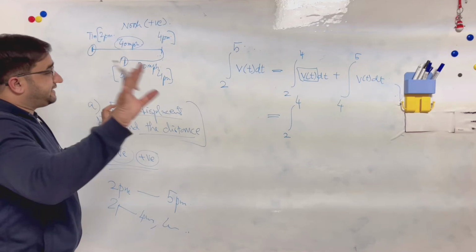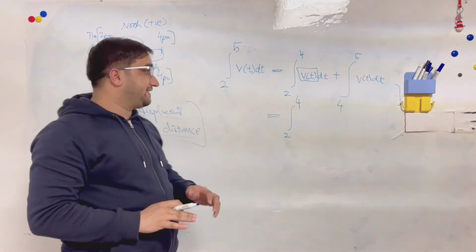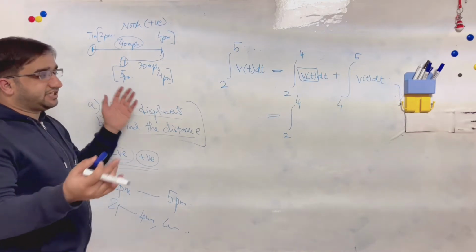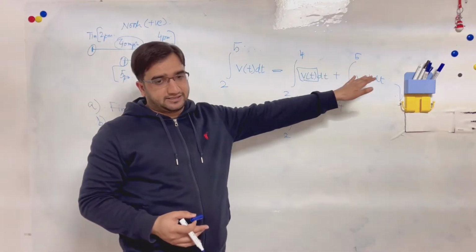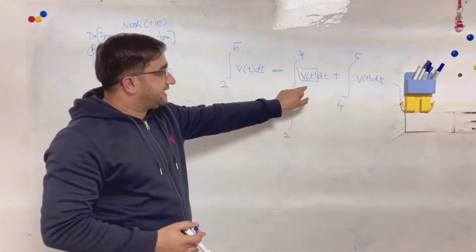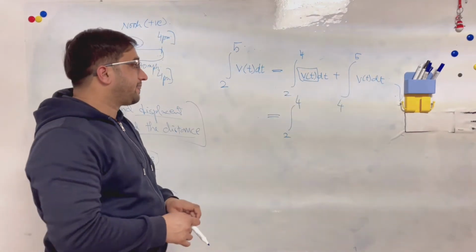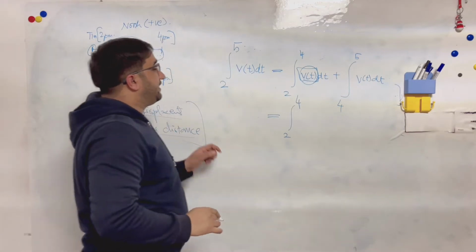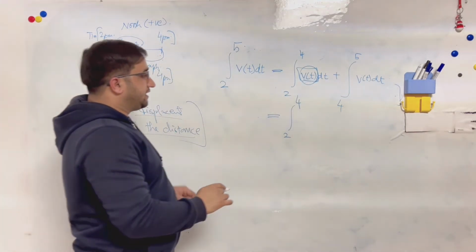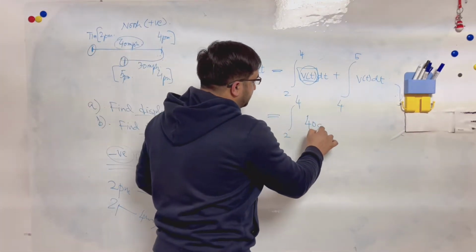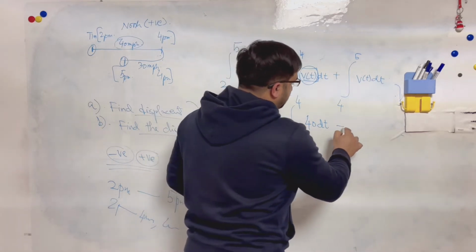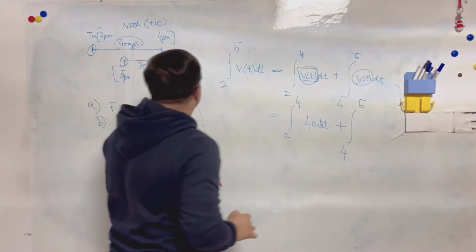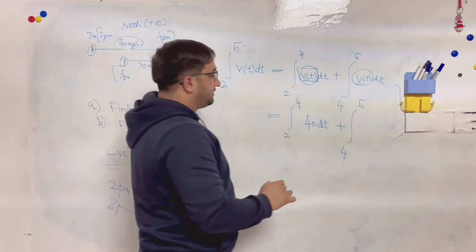If they did not talk about the direction and they just said the car started traveling at 2 and ended at 5, give me the distance, there is no need to split. But because of the direction, you have to split it. So now from 2 to 4, this thing they gave you here is 40 dt, plus from 4 to 5, this thing is 30, but